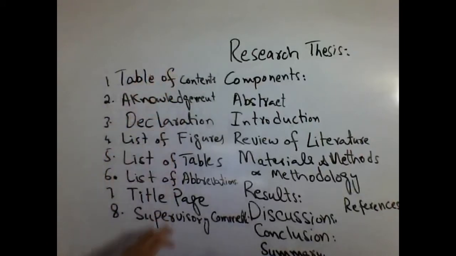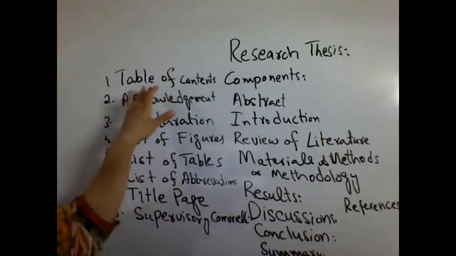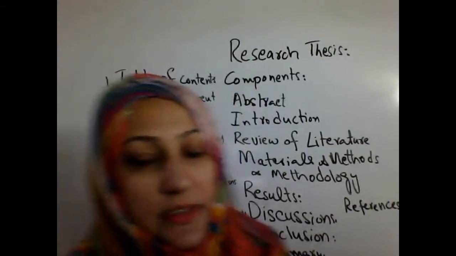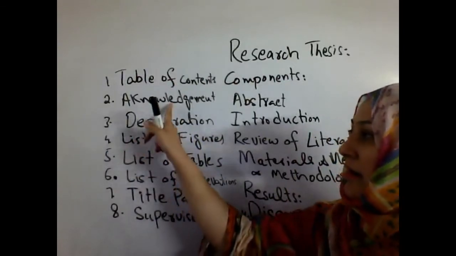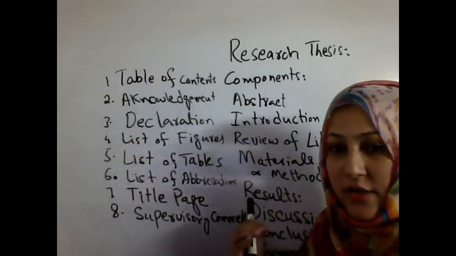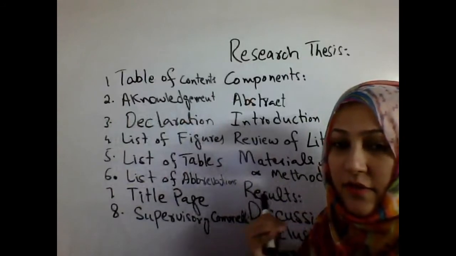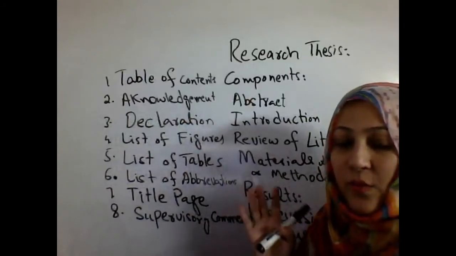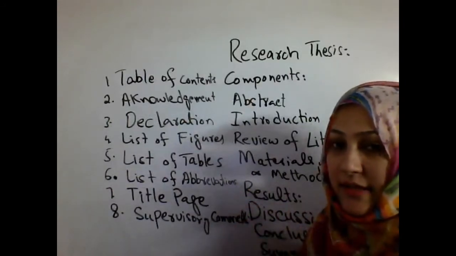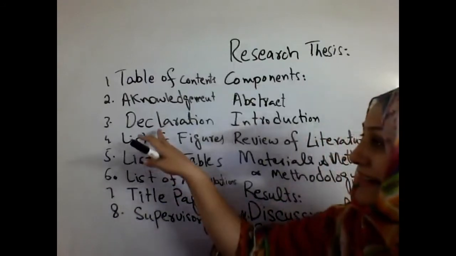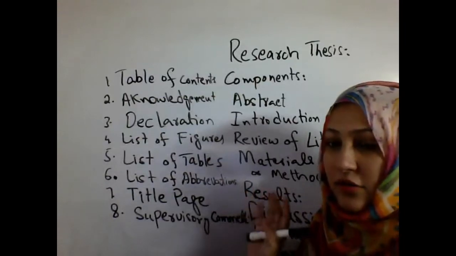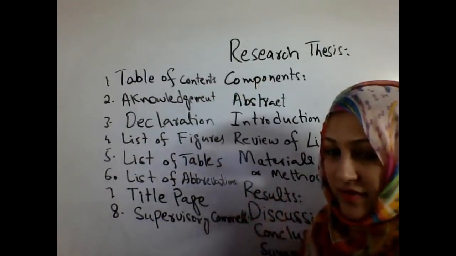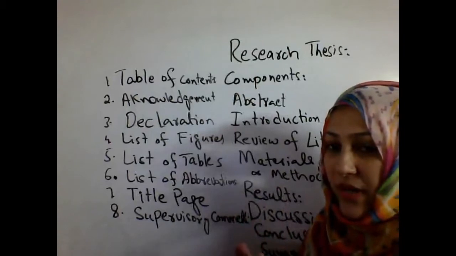These are the minor parts of a research thesis. In the table of contents you give the idea about the contents. In the acknowledgements you thank the different institutes or persons who were helpful for this study to be conducted. In the declaration certificate you have to declare that this is a novel part of your research and it would not be